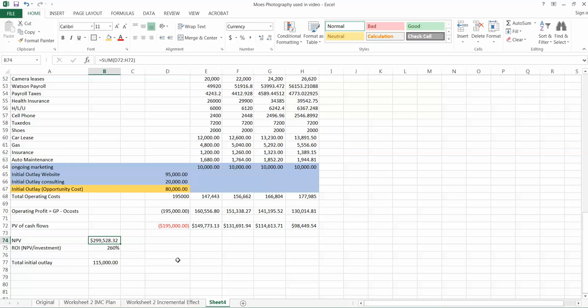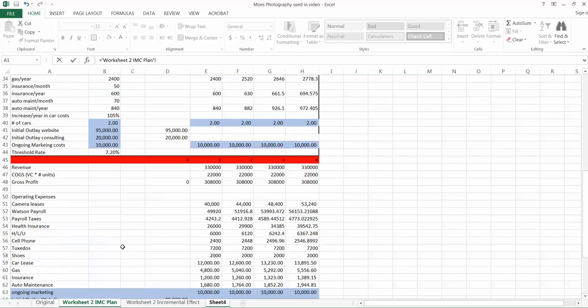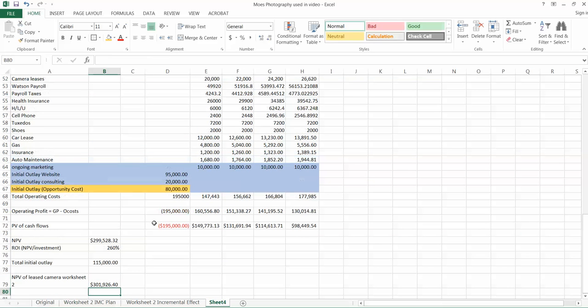The net present value of this scenario is $299, which is kind of interesting because if we go back, let's go back and up. So for comparison purposes, NPV of leased camera, worksheet 2, and we can wrap that text if we want so that we don't lose it, is equal to, we go to worksheet 2 and pick up, scroll down, find our NPV, there we go. We can quickly see that the NPV for the leased camera is slightly higher than the NPV for using the